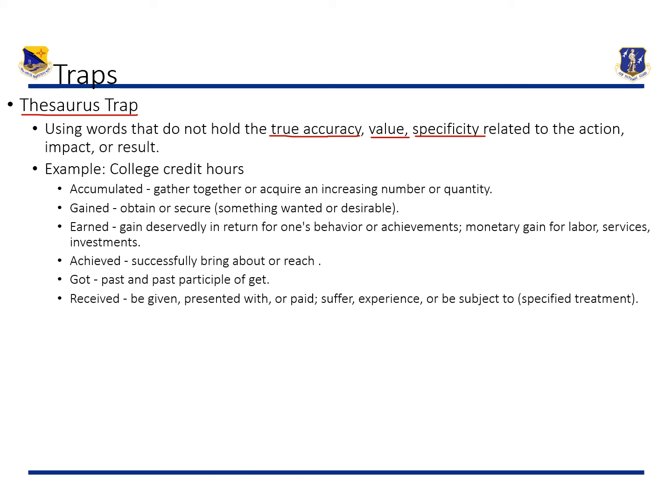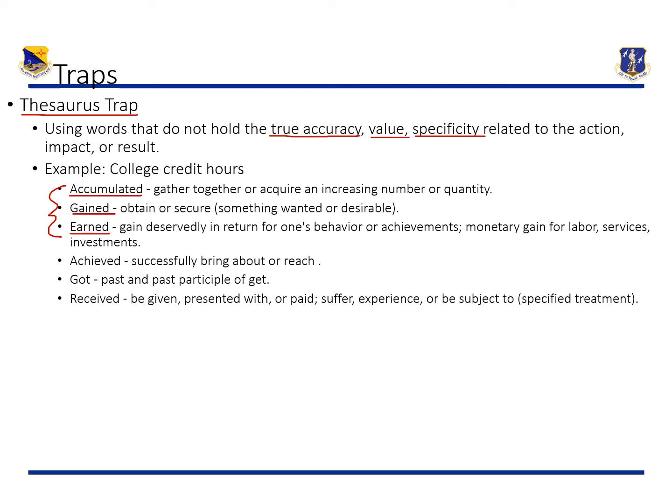No, don't do that. Always, always learn what I like to call the weight of the word. We're going to use college credit hours, for example, as the easiest reference. We don't accumulate credit hours necessarily. We don't gain credit hours. We really earn credit hours, right? And even though when you go to thesaurus.com these 3 words are going to show up as the same word, sometimes you might even see achieved or got or received.